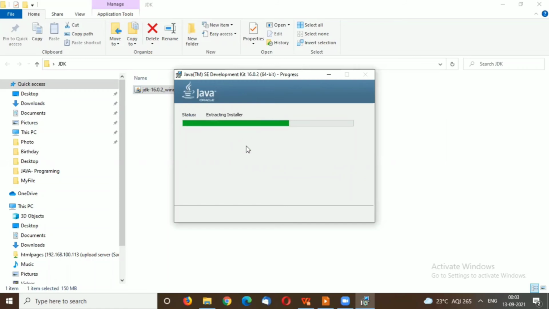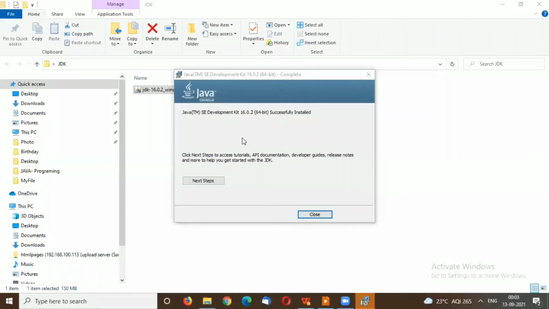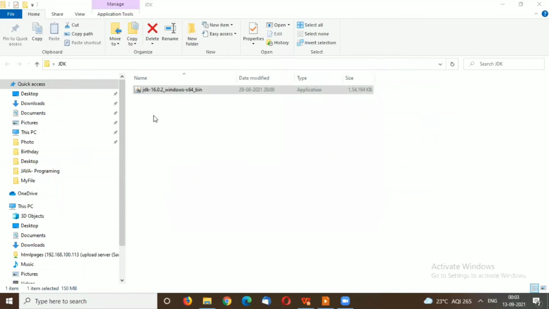Just wait for some time. Okay, look at that. Java is successfully installed in your system. The Java Development Kit is successfully installed. Whenever you see this type of message, just close this window. It means Java is successfully installed in your system.